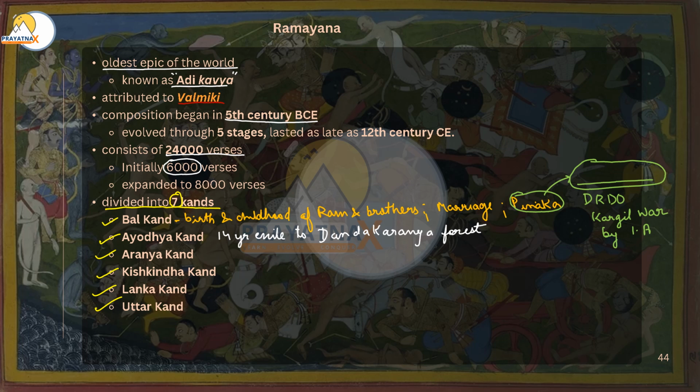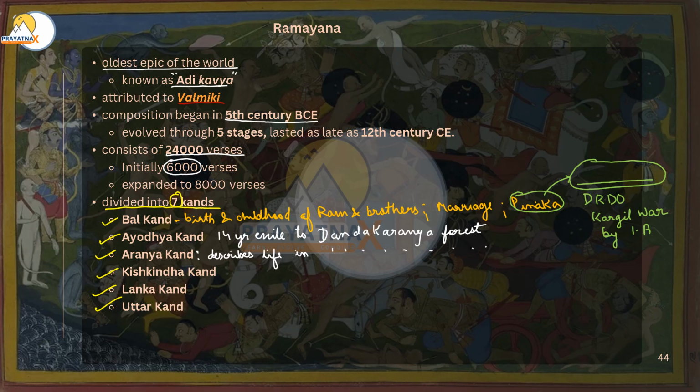Now, Aranyakand basically describes the life in the Dandakaranya forest. Now, it culminates with the abduction of Sita by Ravan,